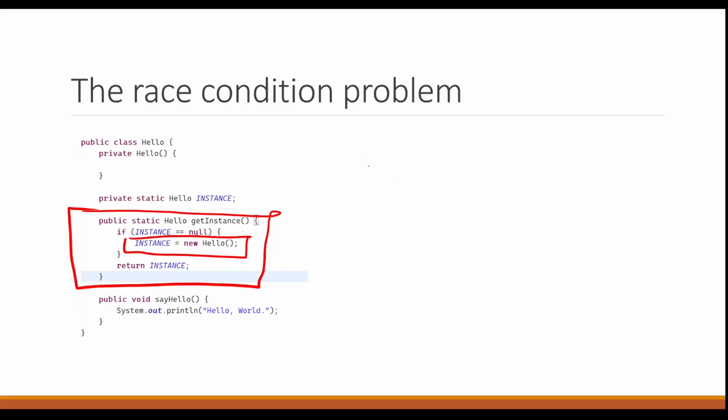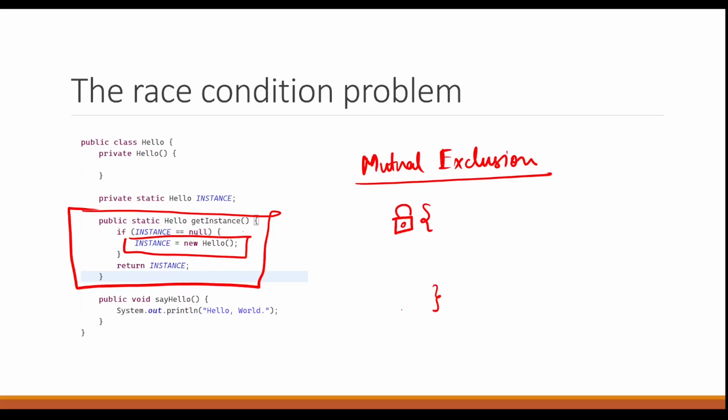There is a concept called mutual exclusion, which simply states that when one block of code is being used by one thread, it has to be locked, and other threads cannot use this block of code. And how do we ensure that? In Java, if you want to lock a particular block of code and do not want other threads to access it at the same time, we use something called